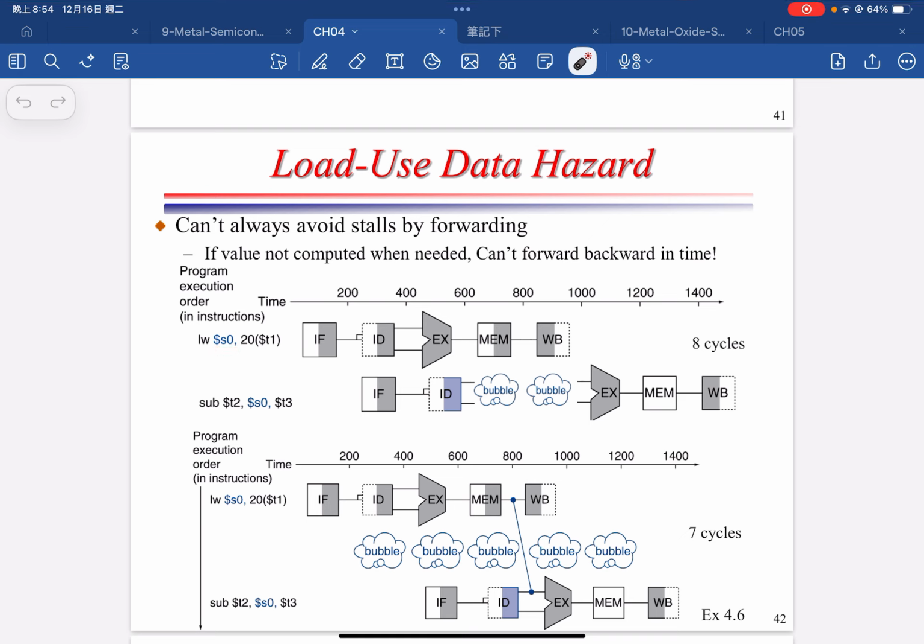The important difference is that the loaded data is not available right after EX. It becomes available only after the MEM stage because memory access happens there. So even if we have forwarding, we cannot forward a value that doesn't exist yet when the next instruction needs it. In a 5-stage pipeline, the sub instruction needs the operand in its EX stage, but the LW